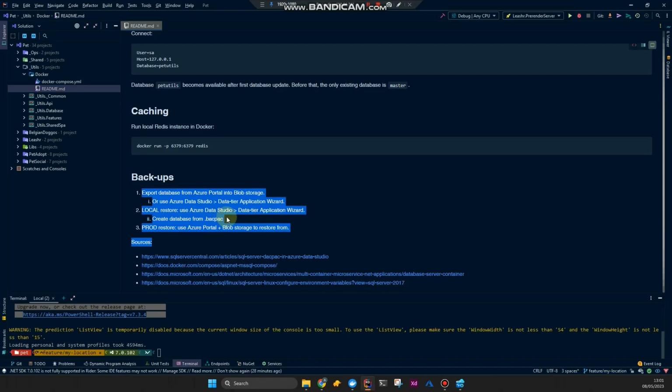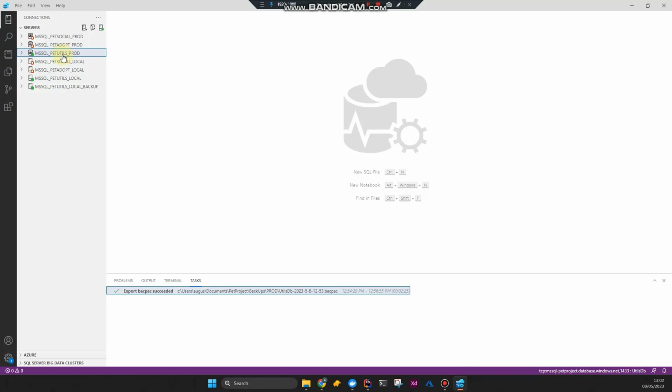So you can either use the Azure portal into a blob store, or Azure Data Studio using the data tier application wizard. For local restore, you can use the data tier application wizard. And let's say you want to restore a production database with a backup of a production database, you can probably do that in the Azure service by restoring from a bacpac file in the storage, or you could probably also use,